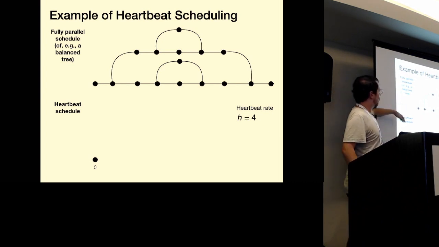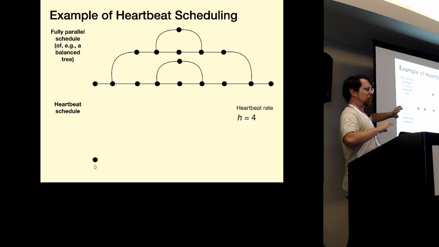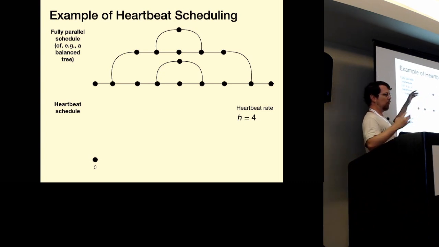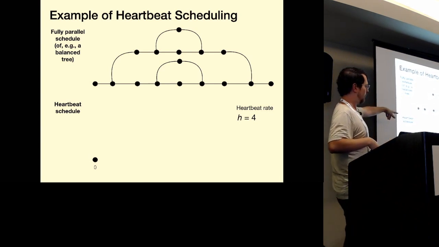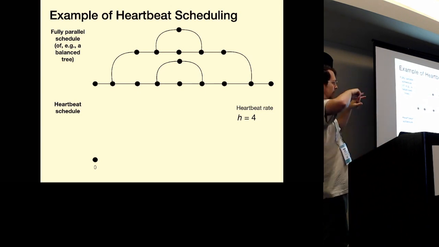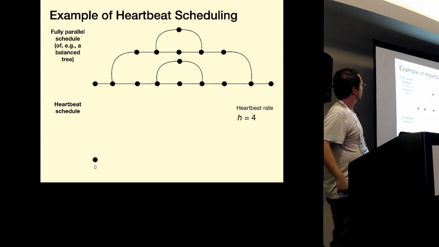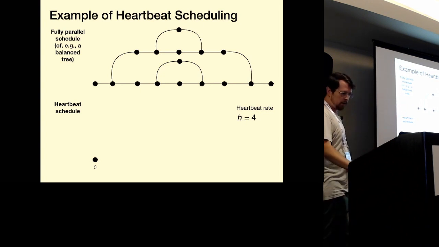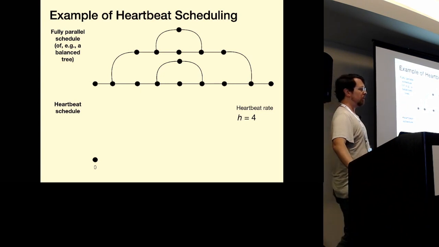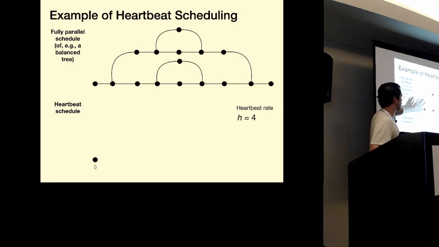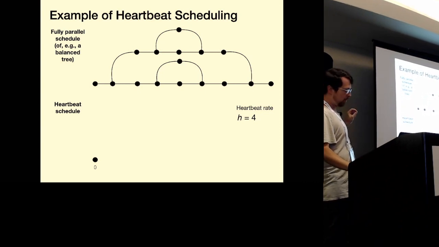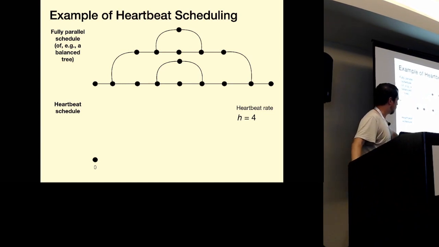Let's suppose this is a sample trace execution, a sample schedule of our program, given a perfectly balanced binary tree. Each of these nodes, vertices, corresponds to an instruction, and each edge to a dependency. I'm going to step through what heartbeat scheduling does with this. This here corresponds to the fully parallel schedule, if we did no granularity control at all. In heartbeat scheduling, which I'm going to show you below,